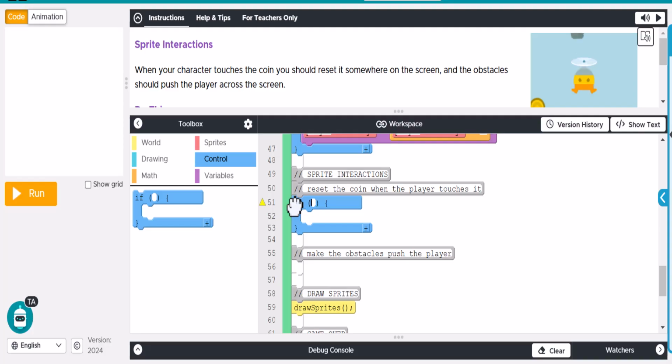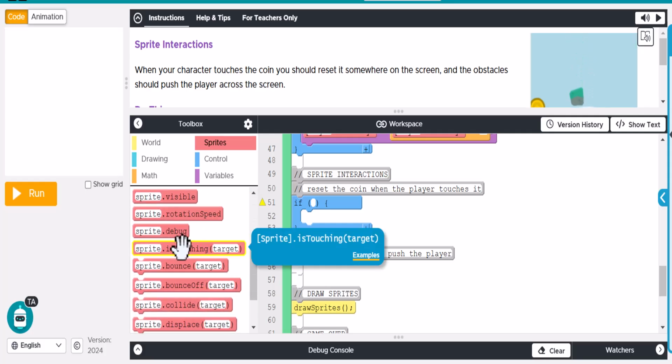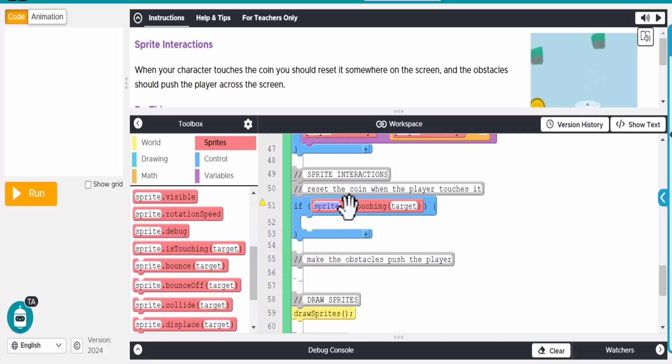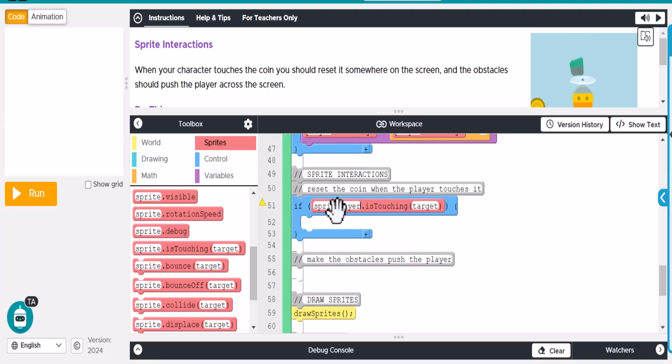So pretty straightforward. We're going to go ahead and go to sprites and is touching, and we want to say that if the player is touching the target, which is interesting because we named this target. Normally you'd have to like coin or something like that, but it should be